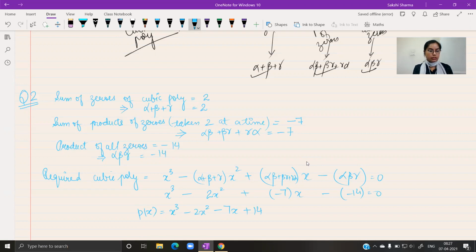There is another way this question is done in your textbook. If you have done that way, that's also completely fine, where you equate these to the relations given. Alpha plus beta plus gamma is equal to minus b over a. Wahan se aap b or a, the coefficients of x square and x, can be obtained. Same way, when the sum of the product of zeros is compared with c over a, you can obtain c. And then finally, from the product of zeros, you can obtain d. फिर उसको हम standard form में substitute करके ax cube plus bx square plus cx plus d वहां पे आप put करके polynomial को obtain कर सकते हो. If any of you have done that way, that's completely fine.